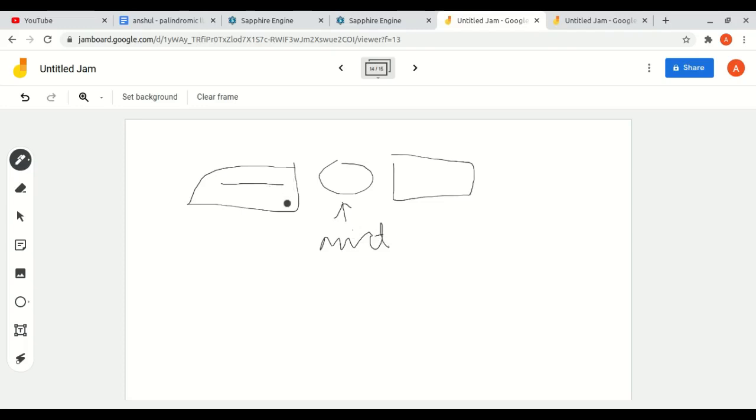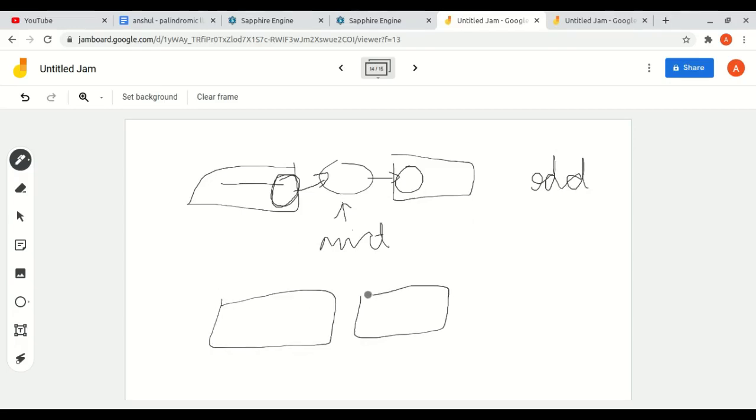Okay, so what we will do is we will point the last element, that is previous of slow pointer, to this mid, and the mid's next will point to the first element, that is slow pointer, the first element of the second half of the original linked list. Okay, so in case of odd we will do this to generate our initial linked list, and in case of even we will just connect the last node of the first half of the linked list to the first node of the last half of the linked list.